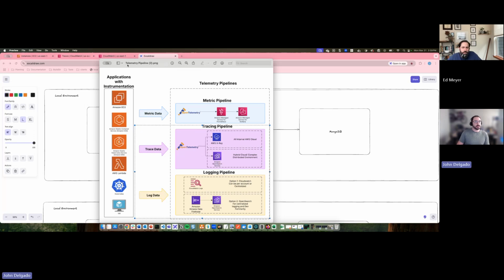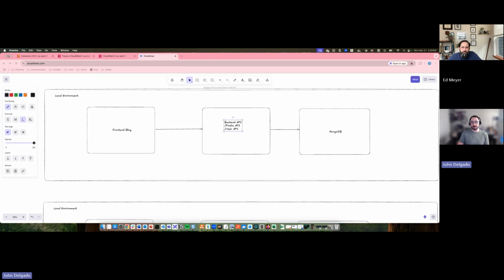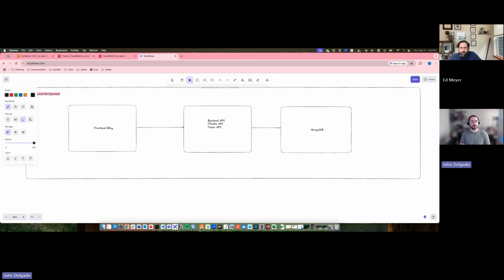So a couple different things change going from a local to an AWS environment. Because all of this was hosted locally, it was very easy for network communication to happen and everything. And going to an AWS dev environment, there's a couple additional hops that happen now. So instead of going straight to